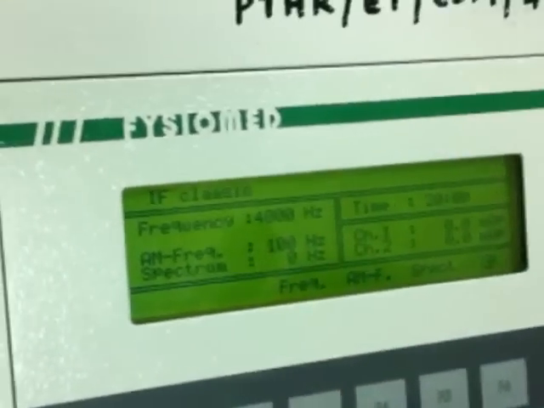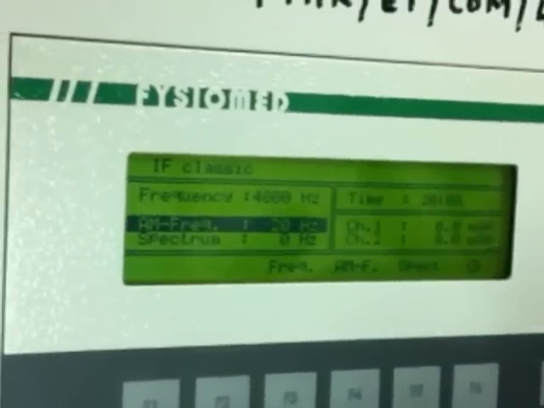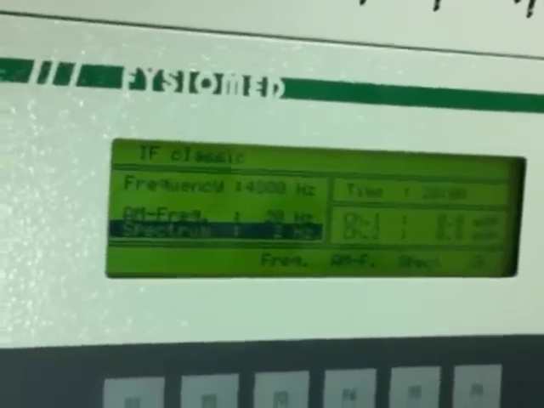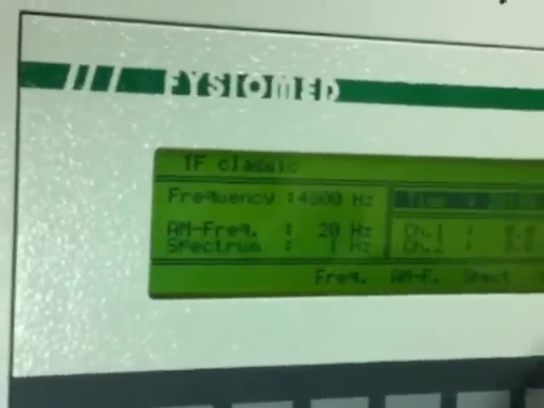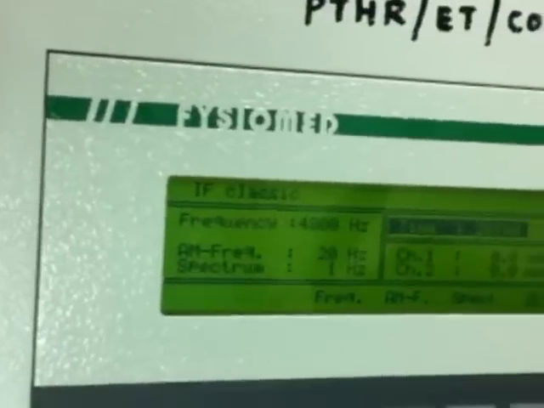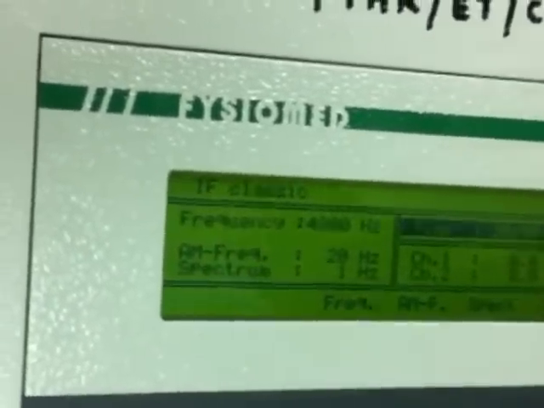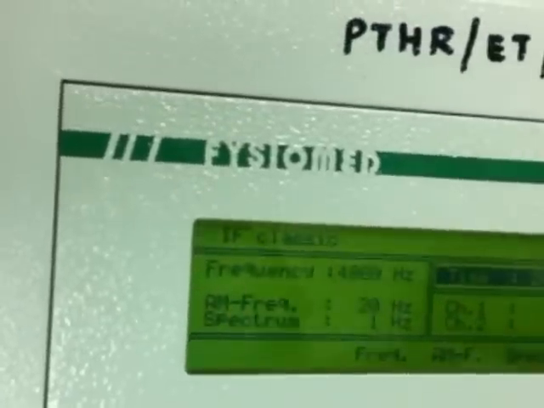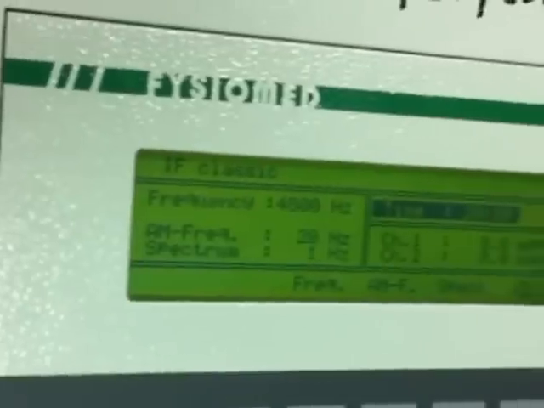For example, if you want to fix it from 1 to 20, go for F2. It's short for 1 to 20. And if you want to change the time, go to F6 and fix the time. This is the spectrum and amplitude frequency, to fix how much frequency is to be delivered to the patient.